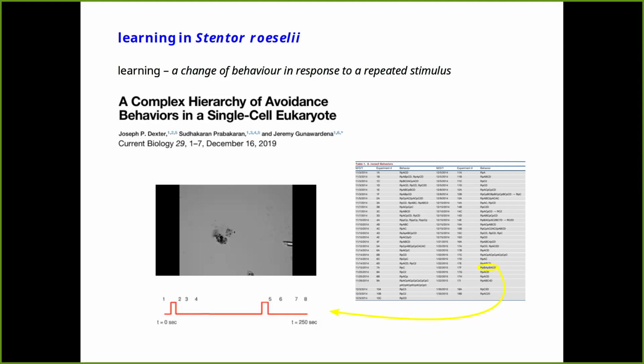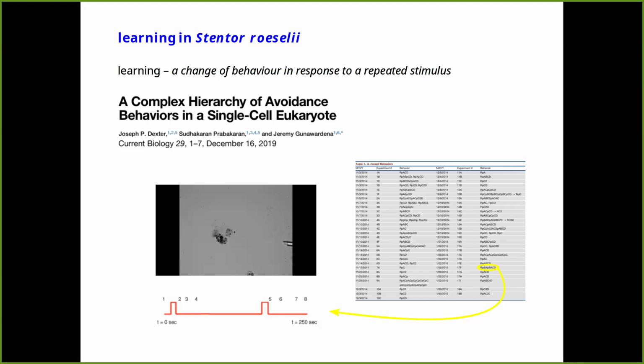I thought it was a form of learning, and in the draft that we sent to Current Biology, that word was used. The reviewers jumped all over us. I didn't know enough about learning to really fight them off, so we just retreated. And so, we call it complex behavior. But I would say it's learning.